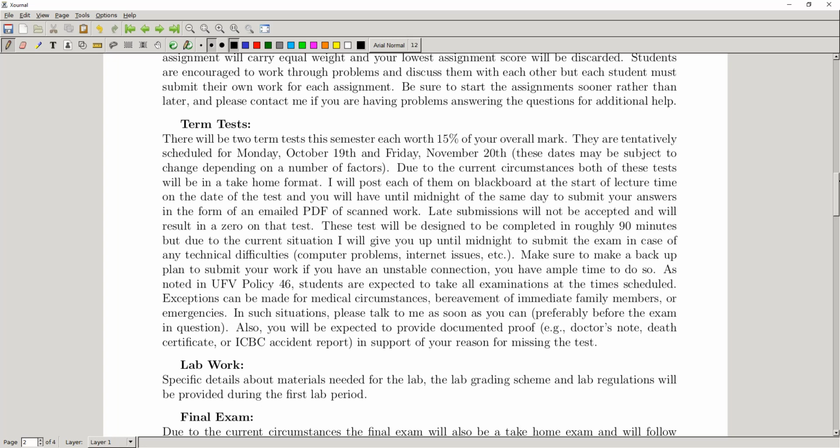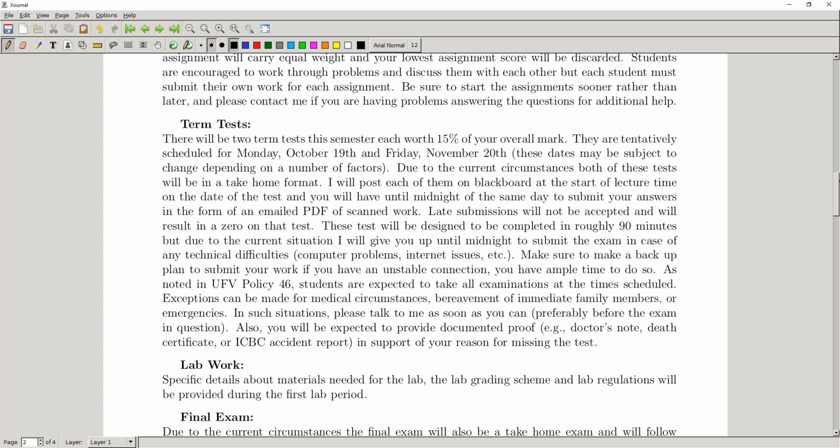And so the way it's normally going to work out is I'll post these at, say, 2:30 or something on our lecture date, and you'll have all the way to midnight to submit it. Now, it won't take you until midnight to do it. These are all designed to be done in 90 minutes in the class period block that we would normally be meeting for. So you should be able to finish it in the 90 minutes, but of course I'm not there to watch you, so you do have extra time if you want it and if you have it available to you. But you do have to make sure it gets back to me by midnight.